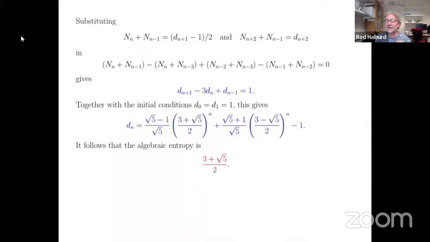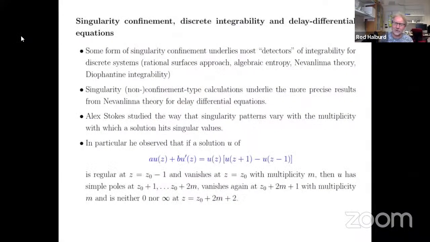Okay, so this is a little bit different from the confinement that we have in Nevanlinna theory, because there the z and the n are the same thing, and then these coefficient functions that can depend on z, which here don't because they just depend on n, you have to wonder what happens at certain points where there's some kind of cancellation, but you can control it all. It's just a pain and lots of analysis and epsilons and deltas, but it works in a very similar way, and so does the kind of singularity confinement type results, and so that's what leads to some of these